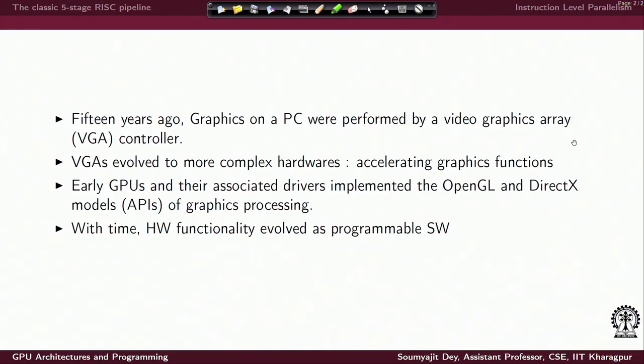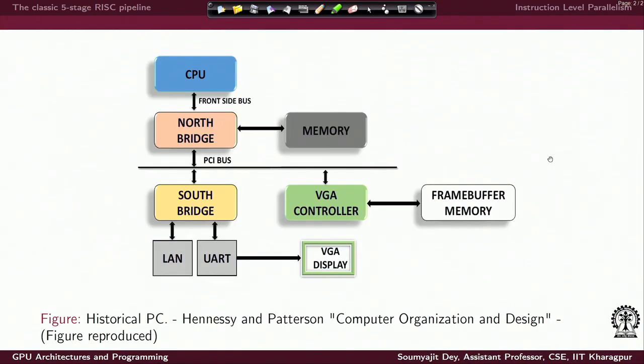had this notion of a graphics pipeline which was functioning in the form of a video graphics array, which eventually got replaced by a more programmable version, that is the graphics processing unit or the GPU. And eventually people found that since this is a programmable parallel processor, it can be used for accelerating a lot of general purpose workloads, which is basically giving rise to the term GPGPU or general purpose graphics processing unit.